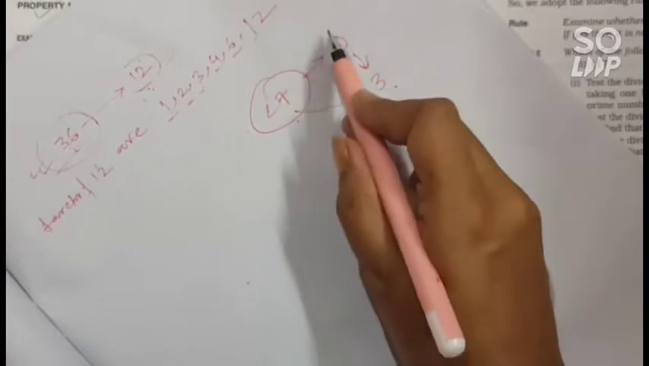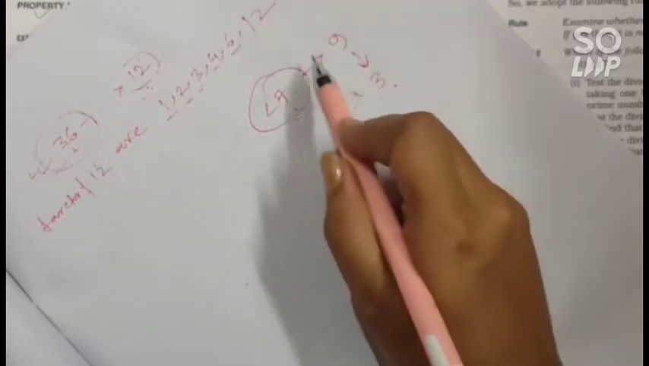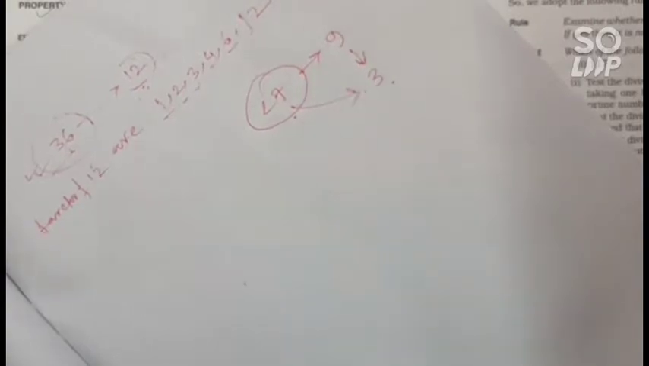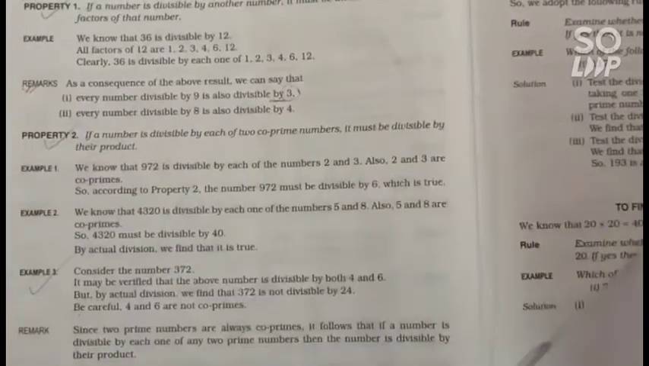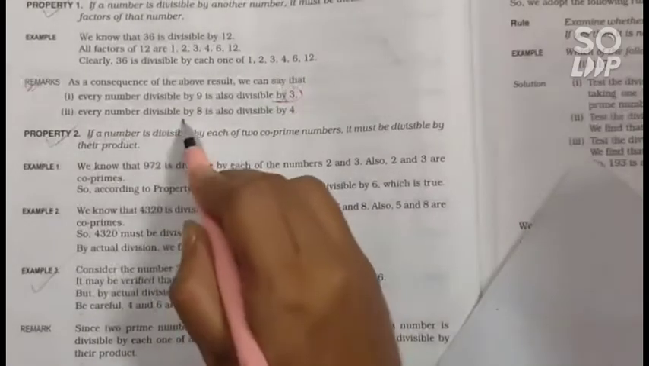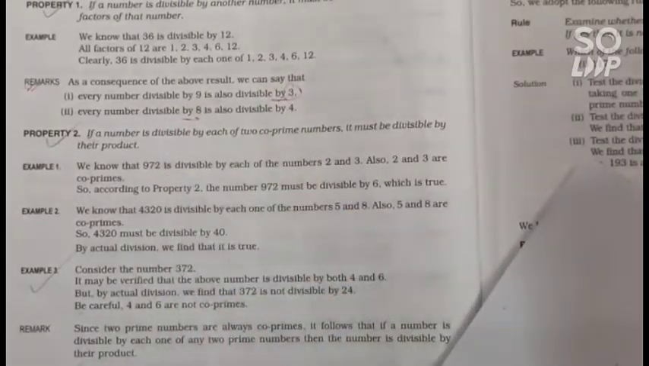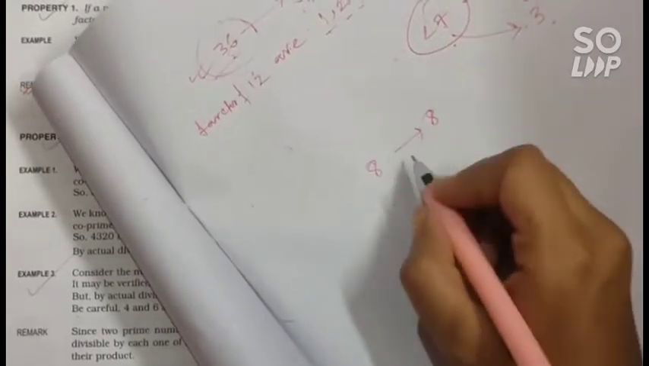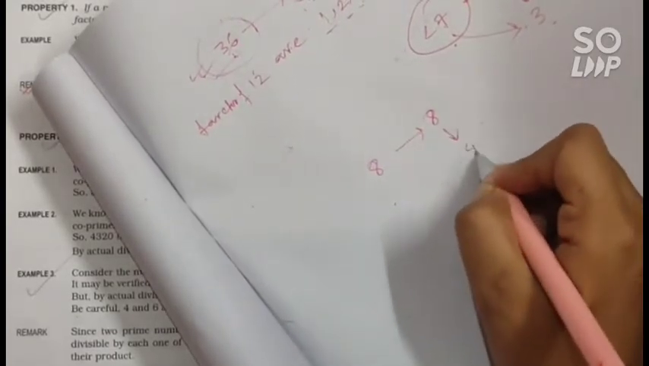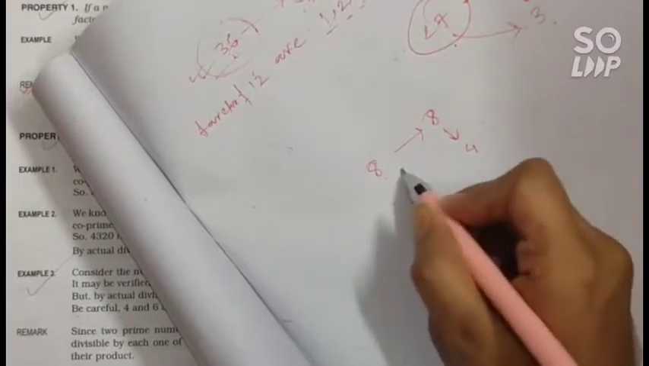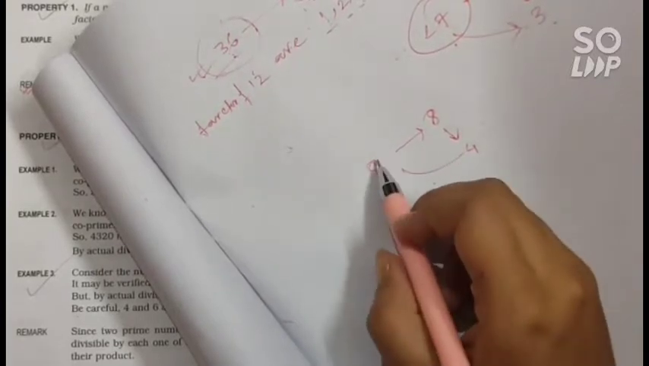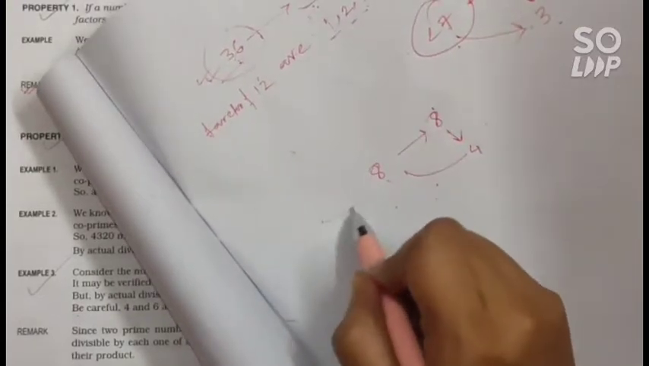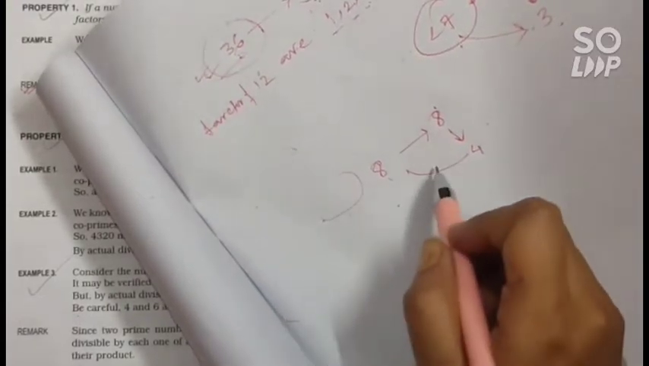Clear? 27 is divisible by 9 and 3 is a factor of 9. That's why 27 will be divisible by 3. Okay? And similarly, every number divisible by 8 is also divisible by 4. 8 is divisible by 8 and 4 is a factor of 8, and so 8 is also divisible by 4. So if a number is divisible by another number, then the original number will be divisible by all of the